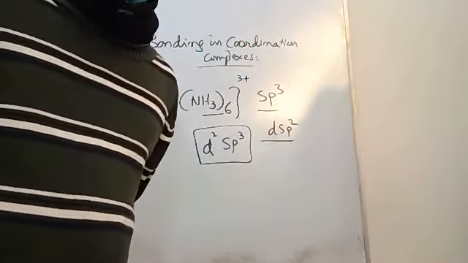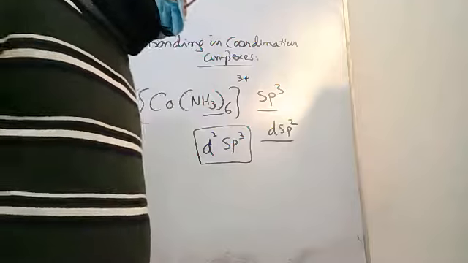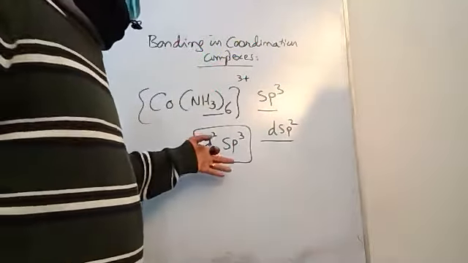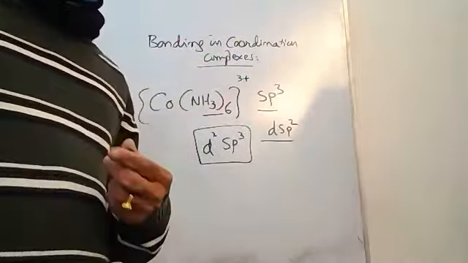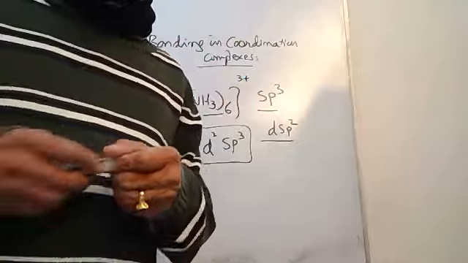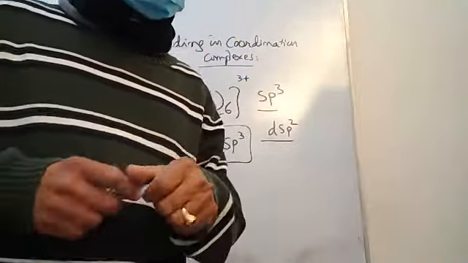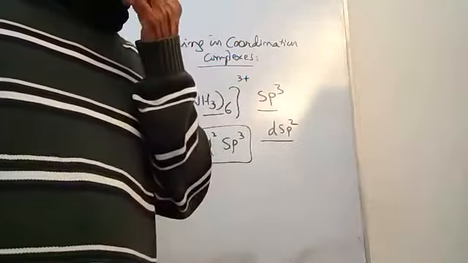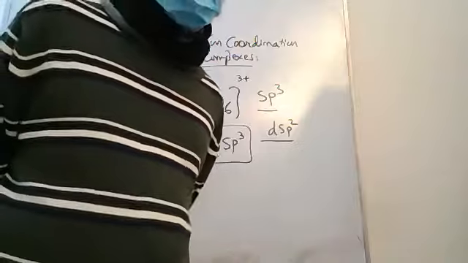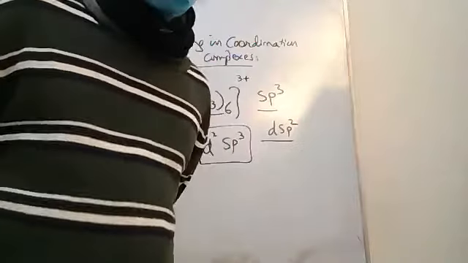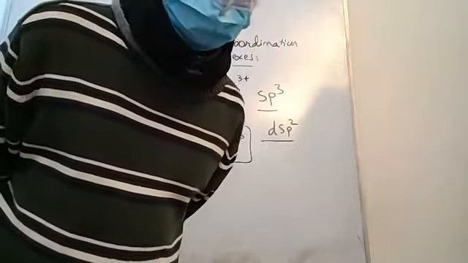Okay. So the question then was, okay, fine, this is good. We can simply apply the well-known valence bond theory, which is the hybridization theory, to explain the bonding in coordination complexes. And for many years, people thought it was good. But here is a fundamental problem with this approach.